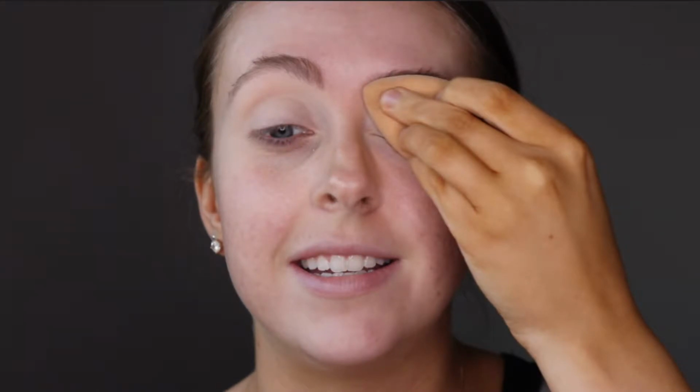I'm so sorry, my hands look so horrible from my fake tan too, so every time I keep seeing this come up in the viewfinder, I'm just like, wait till you see the